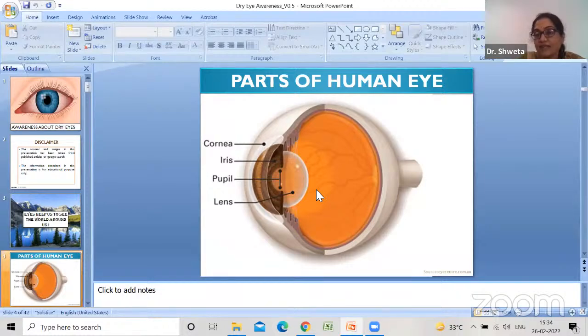decides how much light can enter the eye at a given point of time. Behind that is the lens, which helps to focus whatever object we see onto the retina so that we get a clear image of the